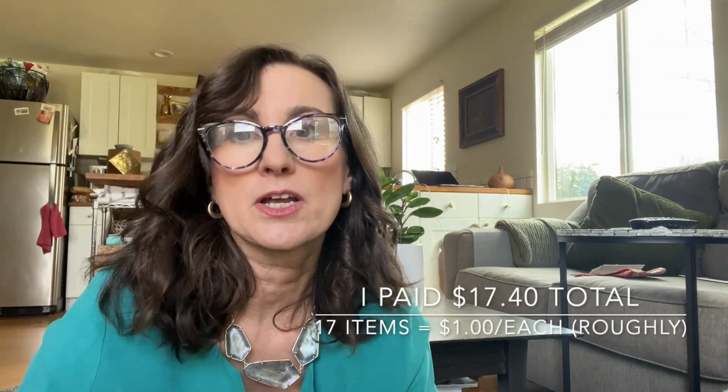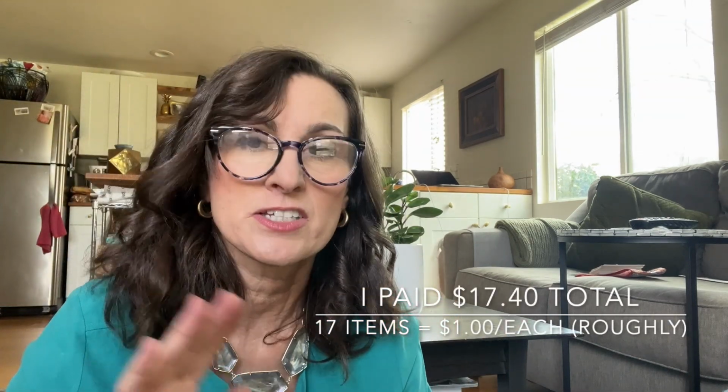They've all been washed. I haven't even photographed everything. I've been sick, so I'm a little behind schedule. This is just a basic J. Crew,